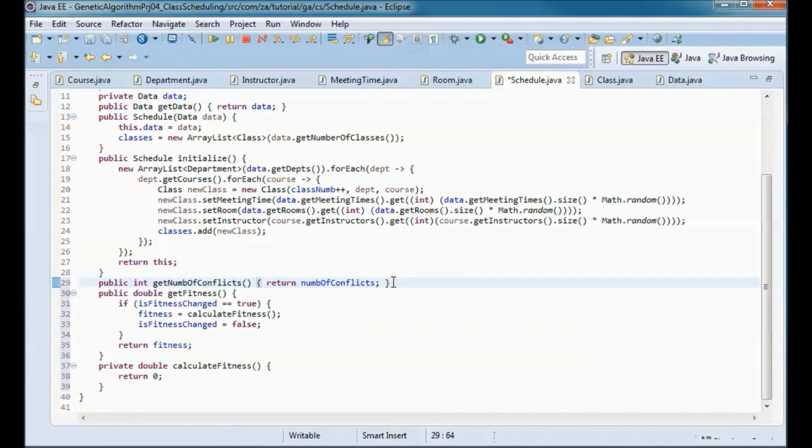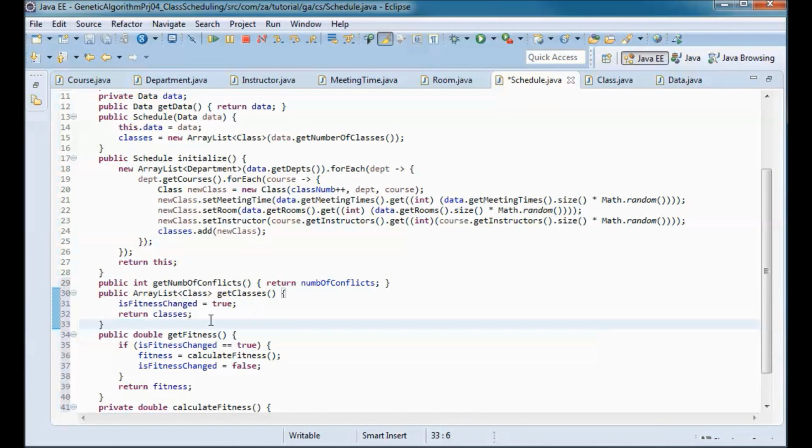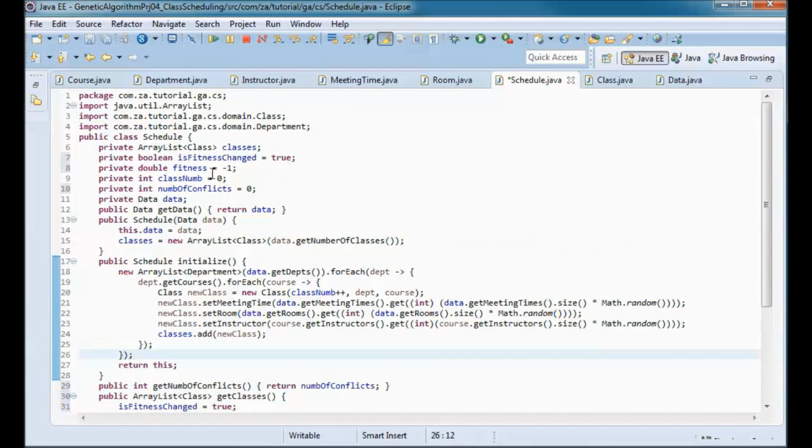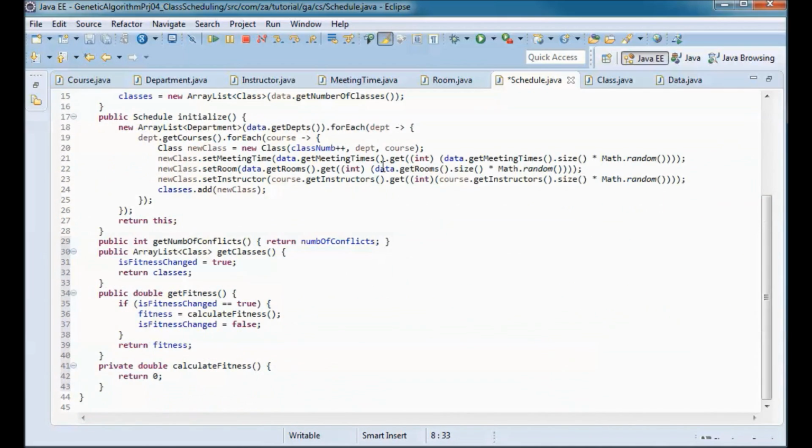And the get classes method that would return the classes also sets the is fitness changed flag to true, since we might change the classes after obtaining them.